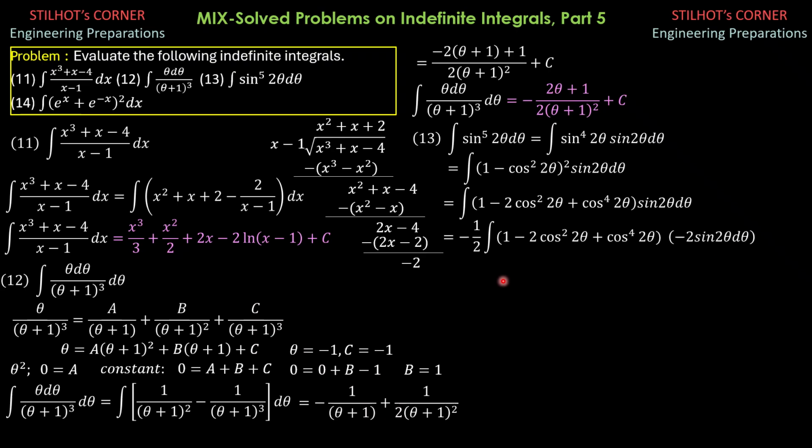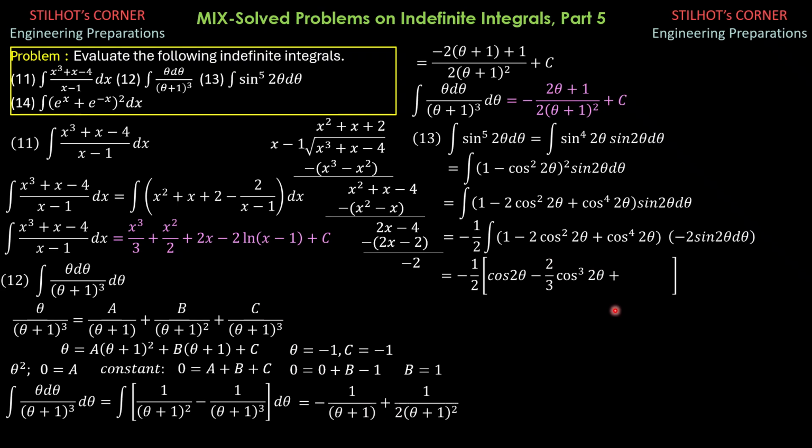This is now in the form: the first, negative 1 half, the integral of du. Then the second one is integral of negative 2 u square du. Then this is integral of u to the fourth du. The integral therefore is negative 1 half times quantity cosine of 2 theta minus 2 thirds cosine cube of 2 theta,